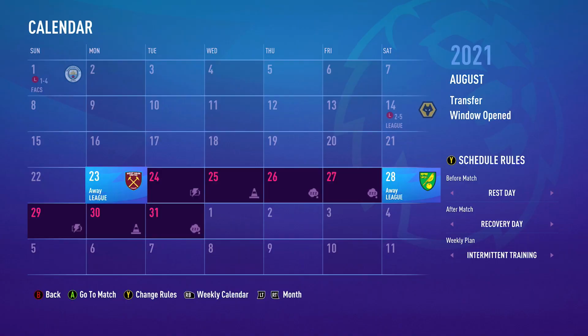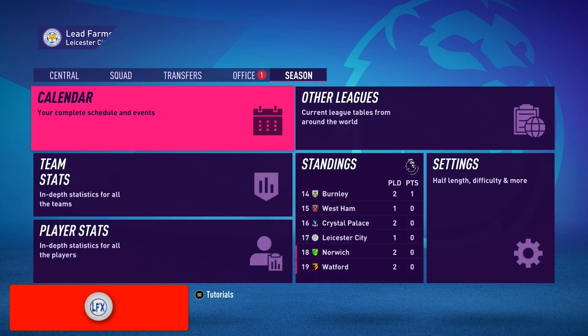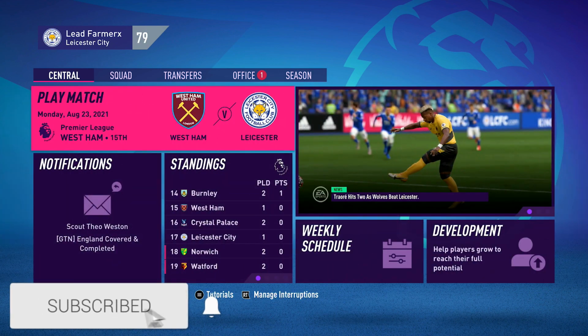What's going on, everybody? Welcome to episode 3 of our Leicester City career mode, and today we've got a couple of games for you. West Ham United and Norwich, 2 winnable games, and last episode we were trounced in the Community Shield